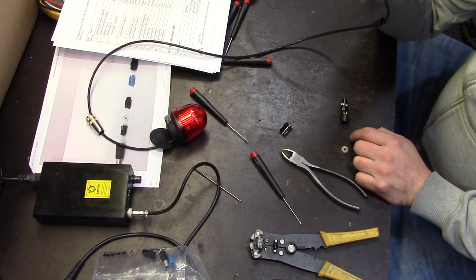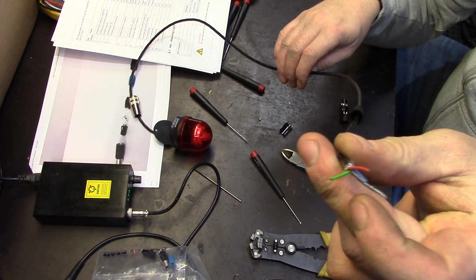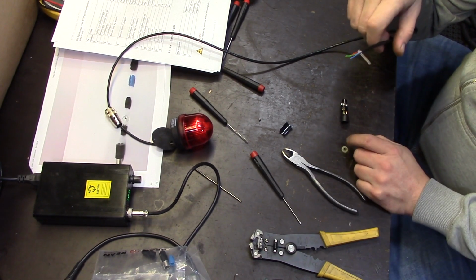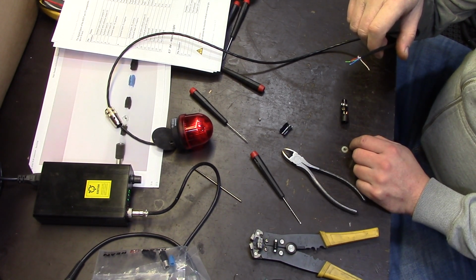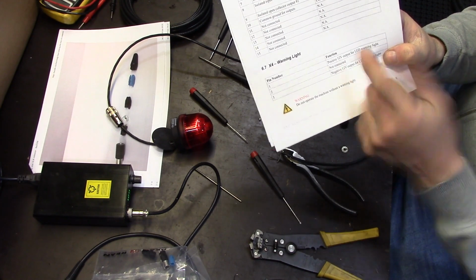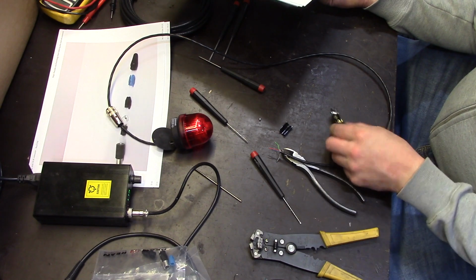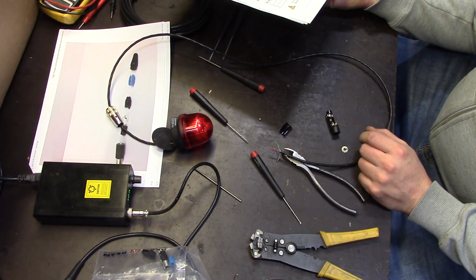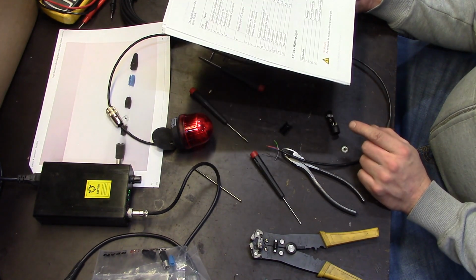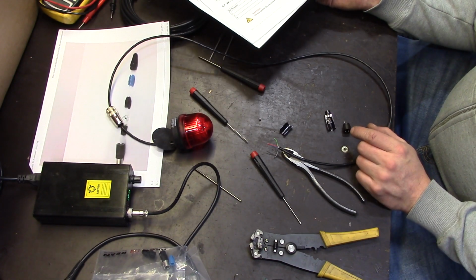I was left thinking about this green wire because it's a 3-pin connector, 3 wires plus shield. It is not connected according to the manual. It says number 2 not connected. But I was thinking now that I'm soldering it onto the connector, I might as well use the green wire for number 2 just for future reference, because if there comes an update like